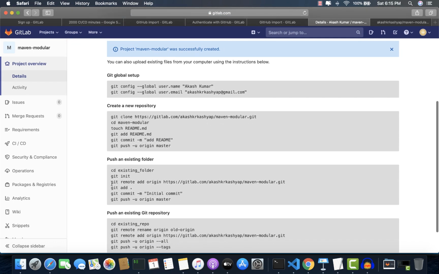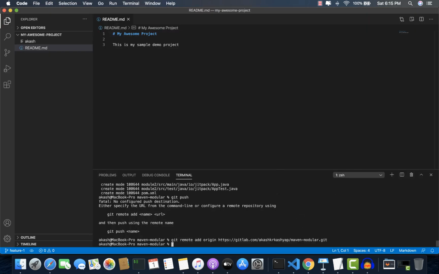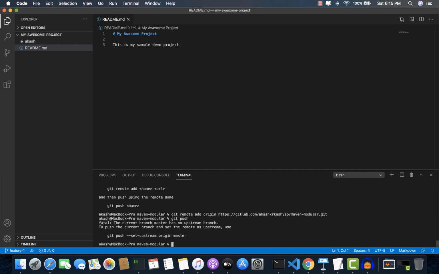Just do git remote. Now do git push, and another command is git push.